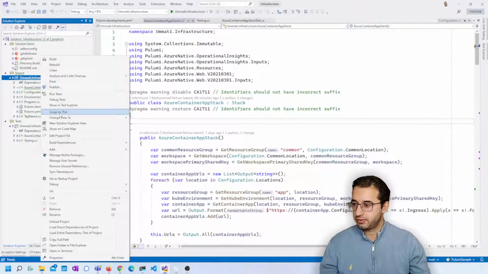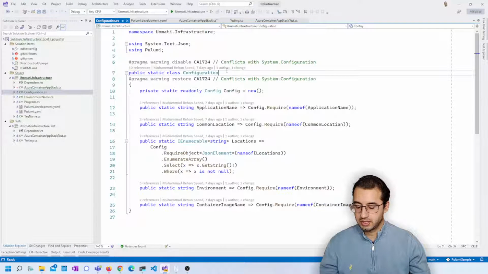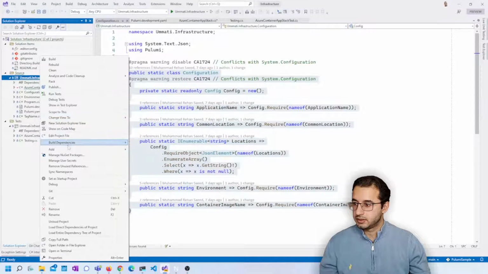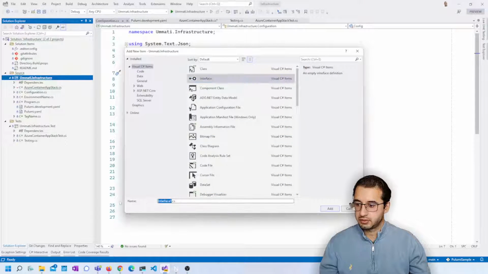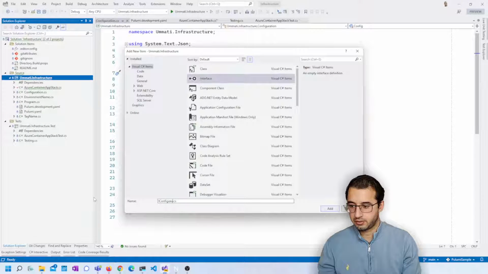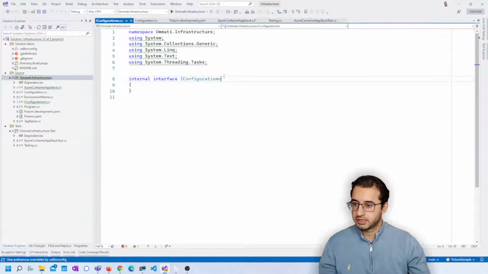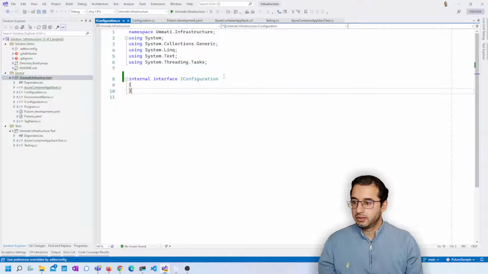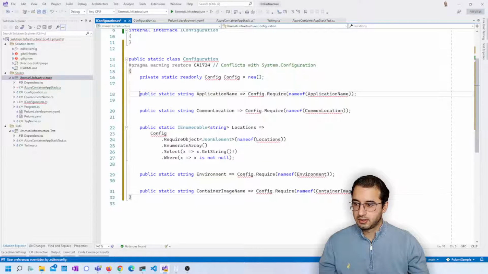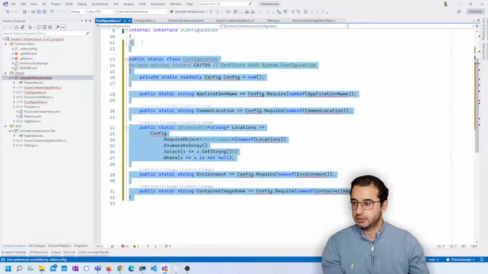If we create an interface, so if we extract an interface from this, and we'll just copy this, add new item. Oh my god, why did I do new item? It takes forever. Interface, and we'll call this IConfiguration. Oops, mistyped that. There we go. And we'll just take these properties, stick them in here,